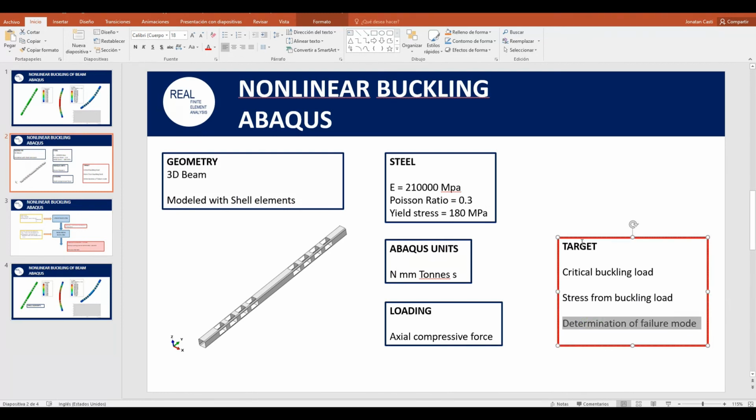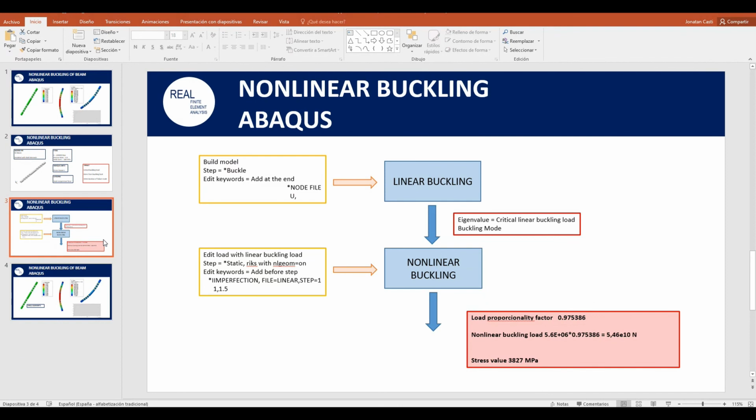Well, as the stress due to the buckling load is much higher than the yield stress, we can conclude that it will fail by compressive force stress before than buckling. So buckling is less important here in this exercise than just the elastic criteria. Okay, so I think that's all.